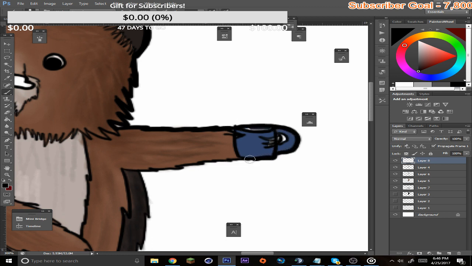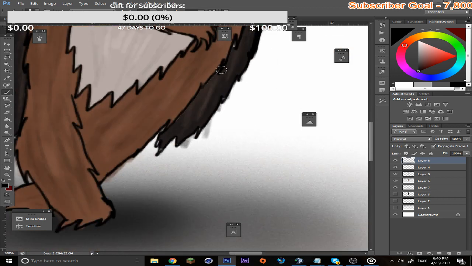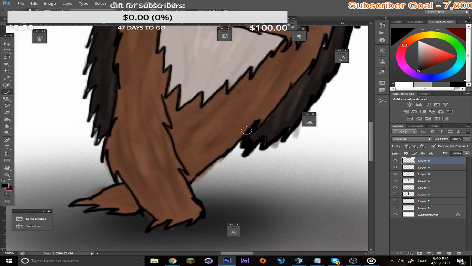It's not as significant on the coffee cup as it is for everything else on the outside, because it really just shows the spikes, which is the most important thing on a hedgehog. If you did not know that, it's one of the most important things on hedgehogs. And now you know. The more you know.